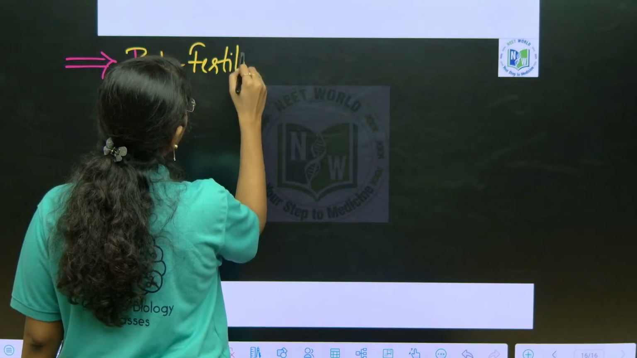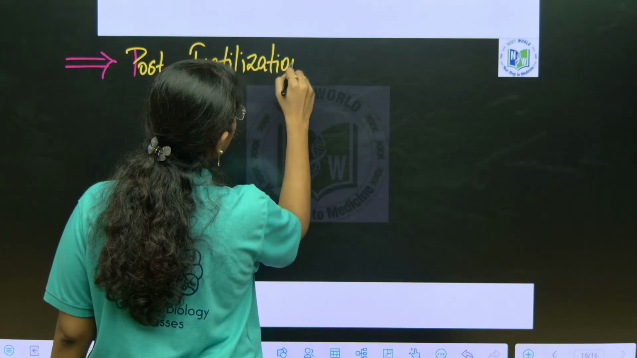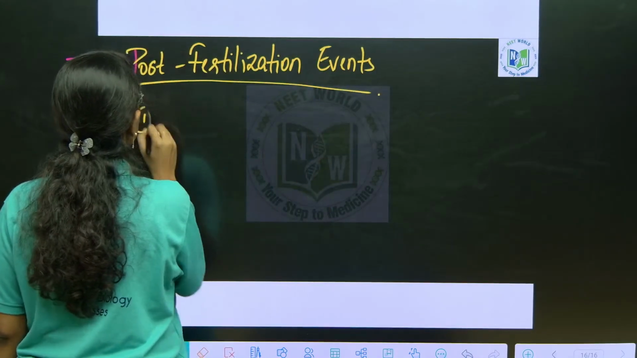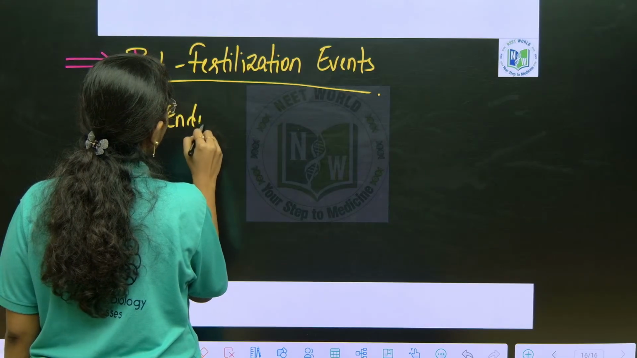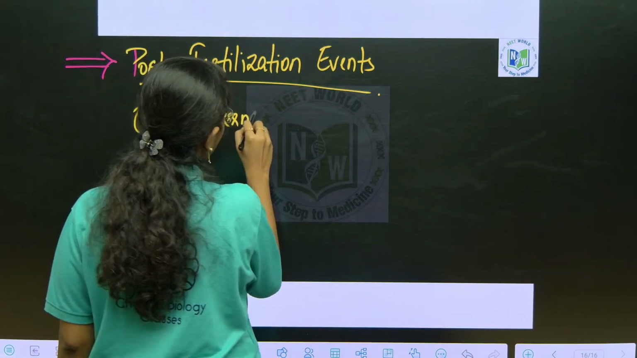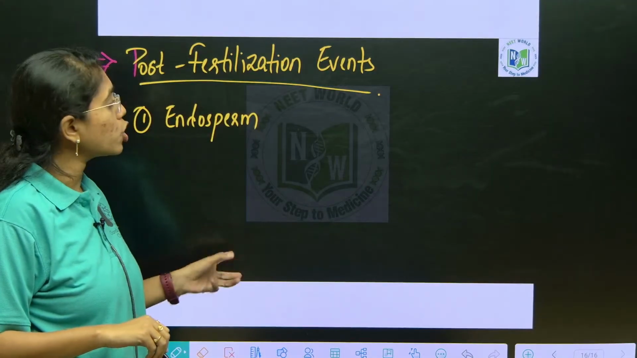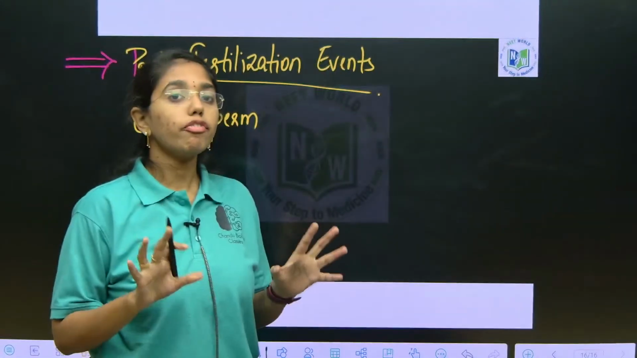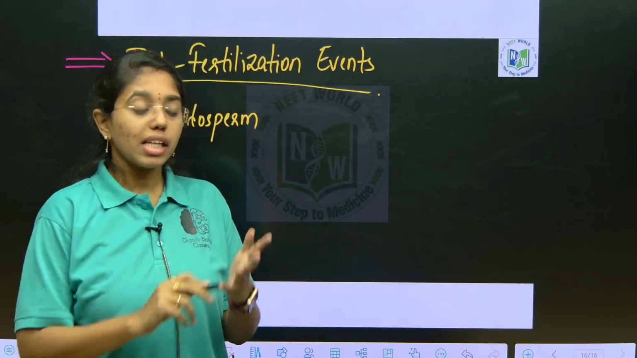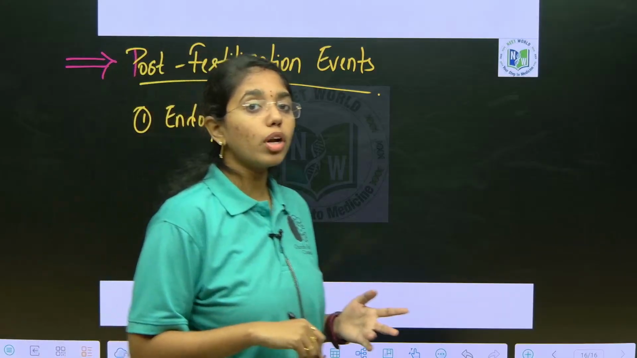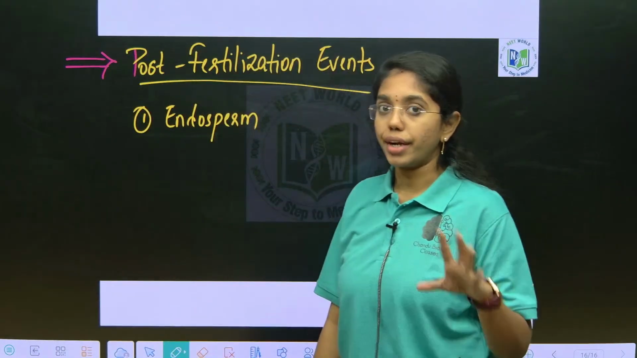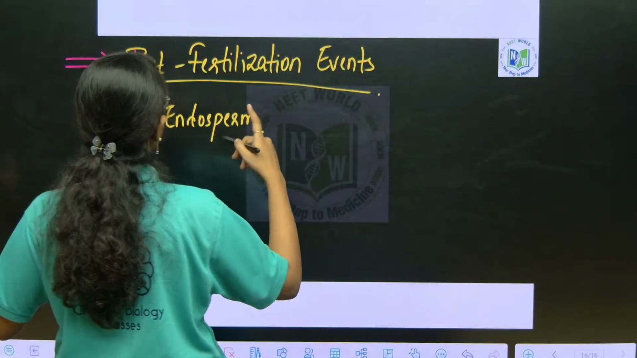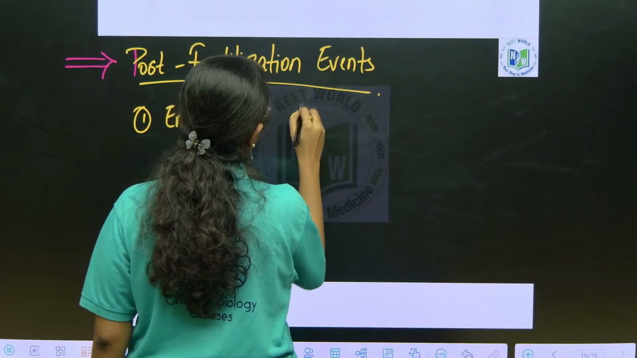Post fertilization events. What are the post fertilization events? First is endosperm development. Here we have learnt in double fertilization how endosperm is formed, and one major feature that I have to tell you is after fertilization, the synergids and the antipodals present at the chalazal end will degenerate. Important statement to be noted, beta. And here in post fertilization events, the first change is what? Endosperm development